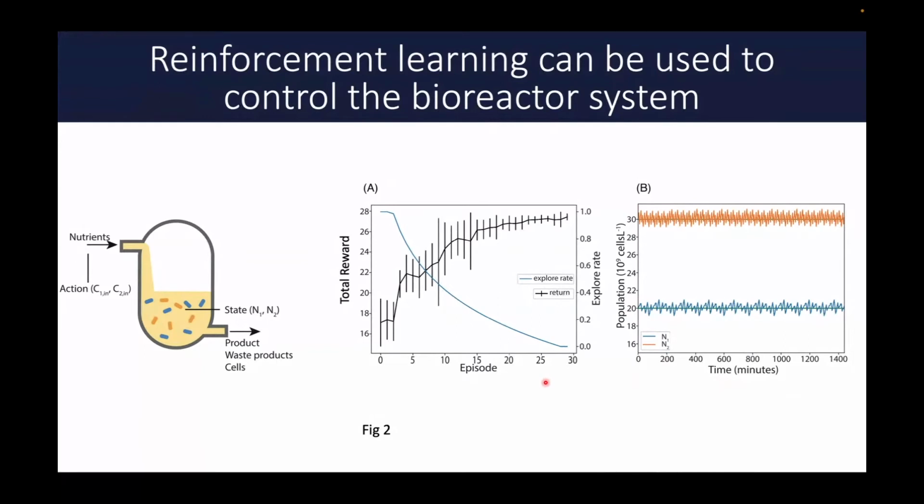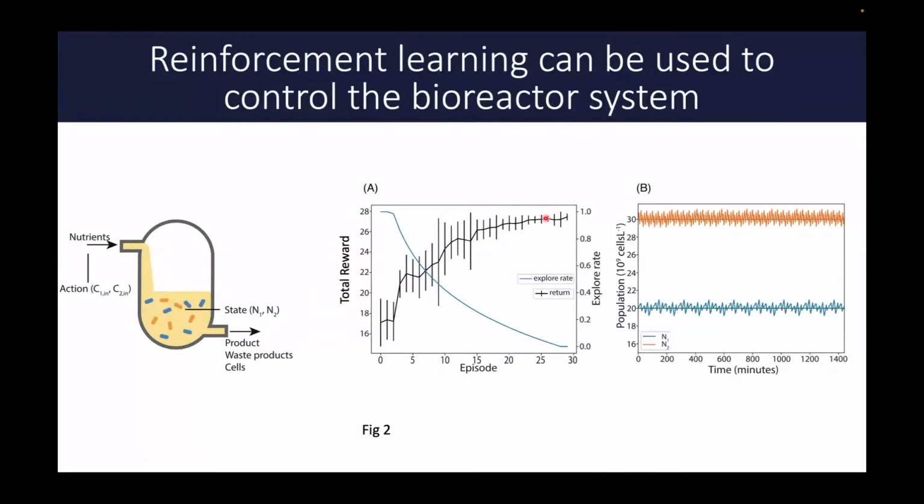Or if one of our bacteria basically goes extinct, so its population level gets too low, then the episode also finishes. And so what we have here is how the agent learns over these episodes. We have 30 episodes, and you can see that our reward increases as the agent learns. And then there's another important thing: you have to think of this explore-exploit